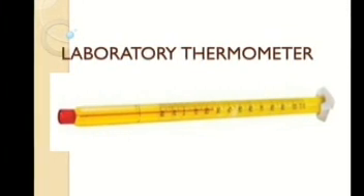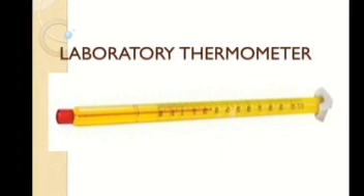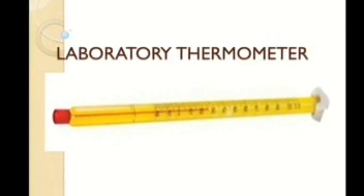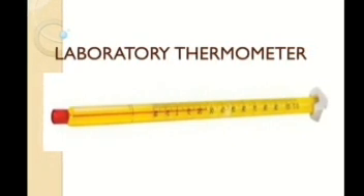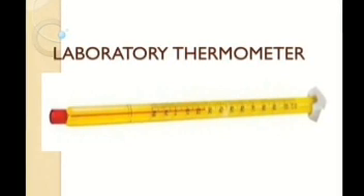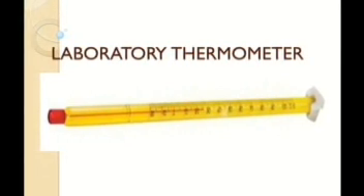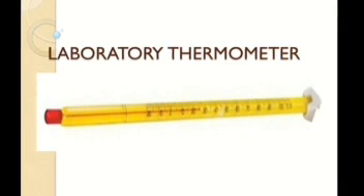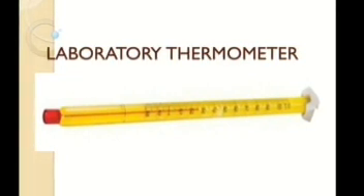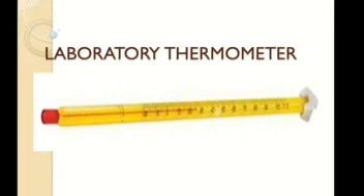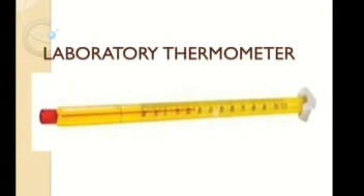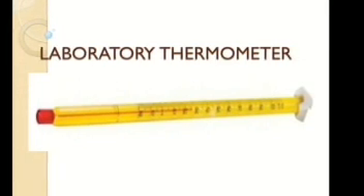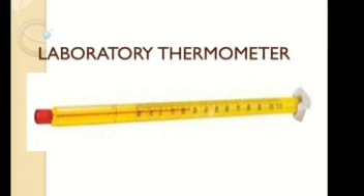Then, how do we measure the temperature of substances other than the human body? There are many situations where we have to measure the temperature of the environment, boiling water or cold water, etc. Can we do this with a clinical thermometer? No. The range of temperature that can be measured by a clinical thermometer is between 35 degrees Celsius and 42 degrees Celsius. We know that the boiling point of water is 100 degrees Celsius and the freezing point is 0 degrees Celsius. So, we cannot use a clinical thermometer for this purpose.